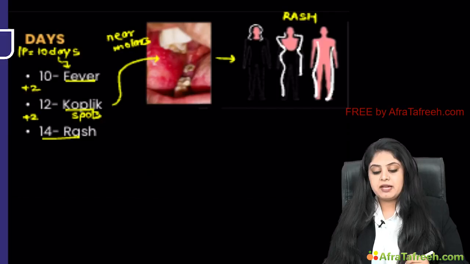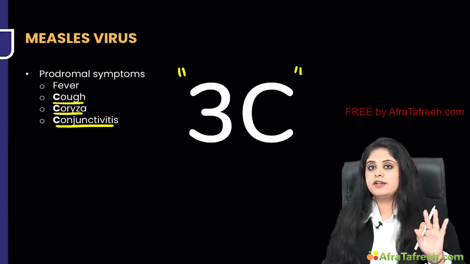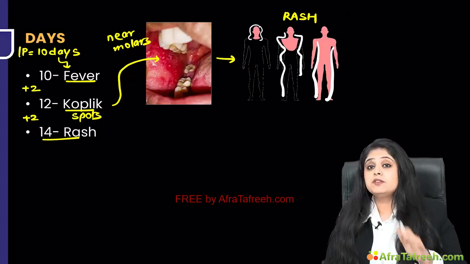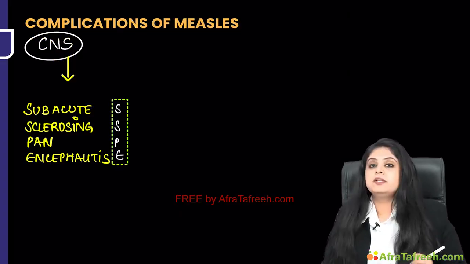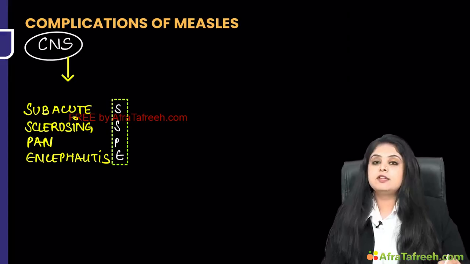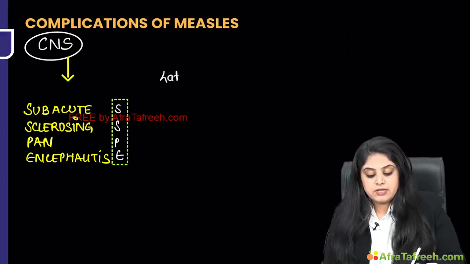Okay, coming back to measles. So measles ka kya history hoga? There will be a cough, coryza, conjunctivitis, 3C history, then fever, Koplik spots and rash. But what is a very important complication that can occur? There is a CNS complication known as SSPE. So what is SSPE? Subacute sclerosing panencephalitis,